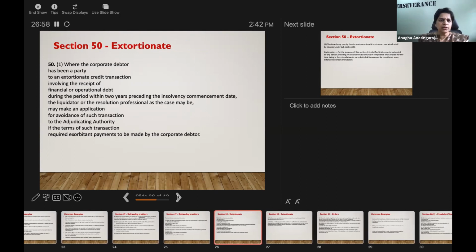Then extortionate credit transaction, where the CD has been a party to an extortionate credit transaction involving the